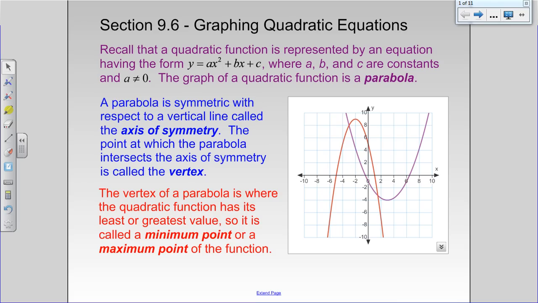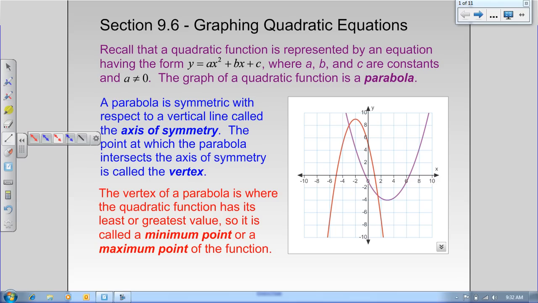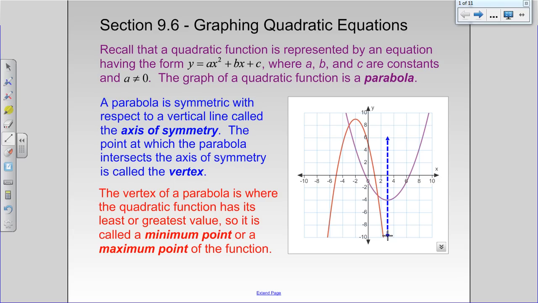The graph of such a quadratic function is called a parabola, which is a curve that either opens upward or opens downward and is symmetric with respect to a vertical line, which is called the axis of symmetry. Looking at the two parabolas in our graph shown, the blue parabola opens upward and has an axis of symmetry that is the vertical line x equals 3,